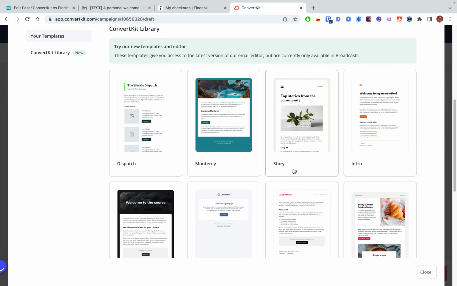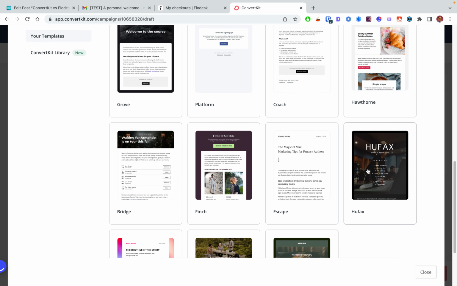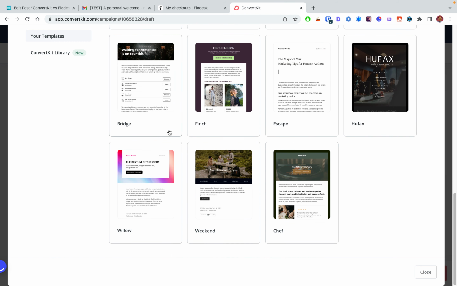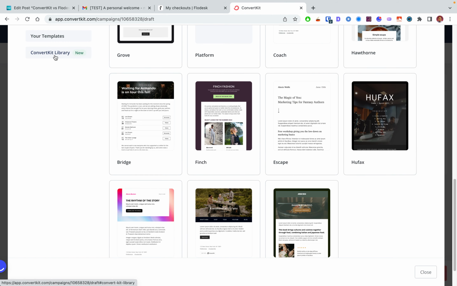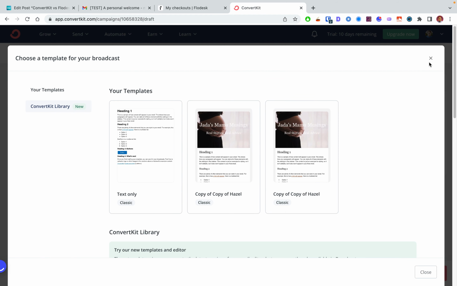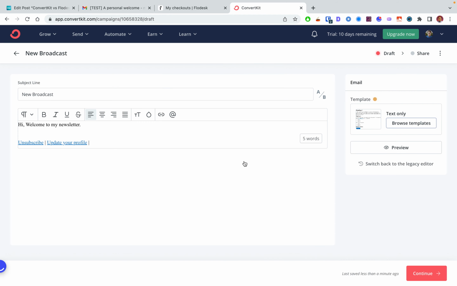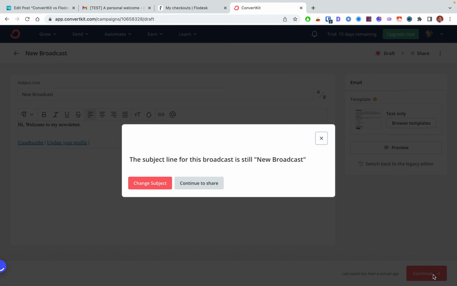a library, and this is where the designs start becoming a little bit better. This is more like a Substack kind of design. This is more designer friendly. I think it starts going. So you can try your hand at whatever you can see, and then just put that in here, and then that's it, and then just continue,